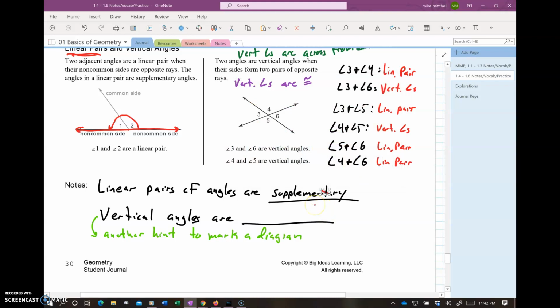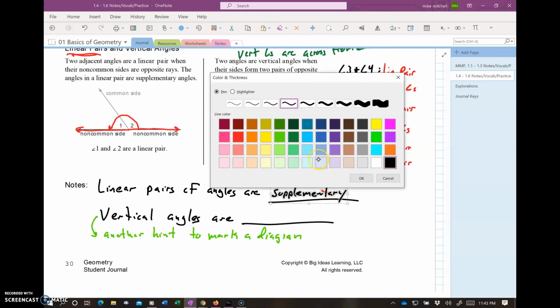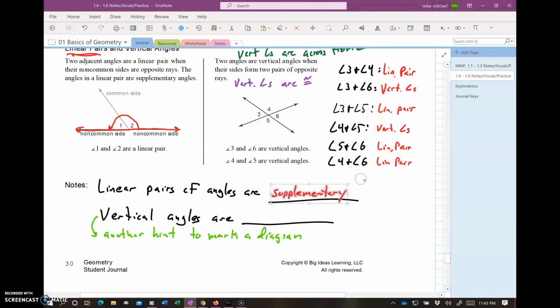That's not what I wanted. I had that selected better before. That's what we want. Vertical angles are